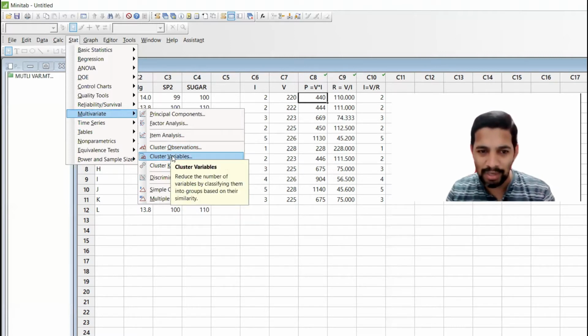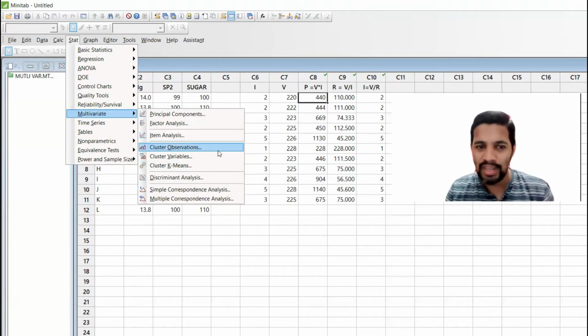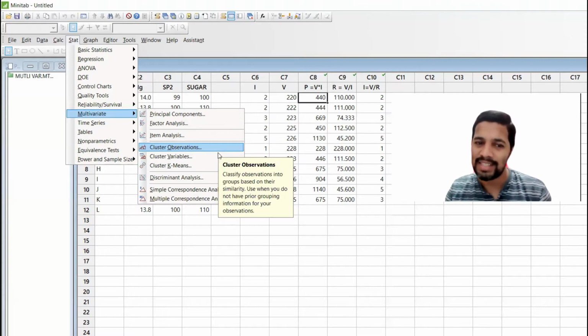Then Cluster Variables reduces the number of variables by classifying them into groups based on similarity. Then you have Cluster K-Means, into a specified group, used when you specify either the number of groups or an initial observation for each one. I don't have initial observations, so I need to stick to these two, either Cluster Observations or Cluster Variables.